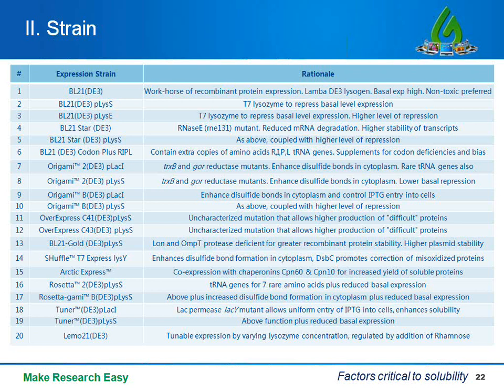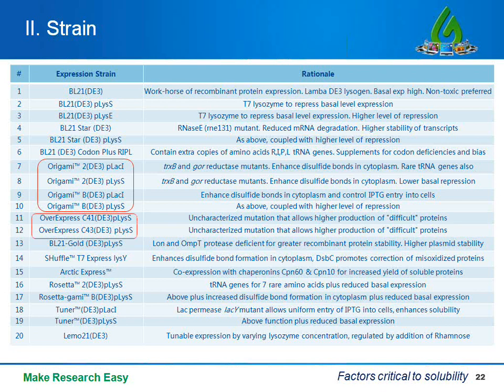Now, some of these have redundant functions. For example, the Origami strains, they all feature enhanced disulfide bond formation in the E. coli cytoplasm. But in addition, they may also have additional features like extra copies of rare tRNA genes or controlled IPTG entry into cells, etc. As such, they can all show quite different expression profiles even with the same target. They can be really good because then you don't have to attempt periplasmic expression of your target protein, especially if it is disulfide rich or toxic in the cytoplasm. In that case, you can go straight to the Origami strain.